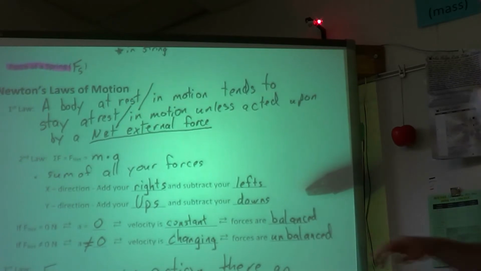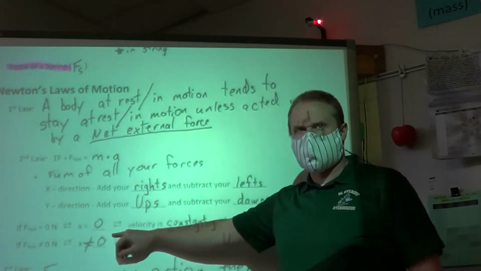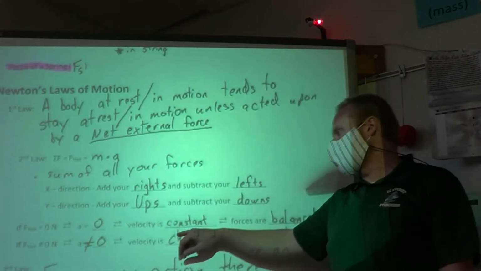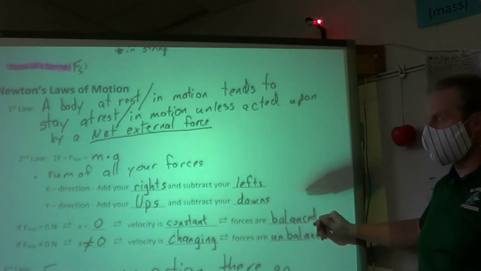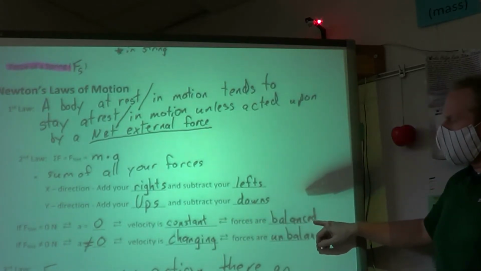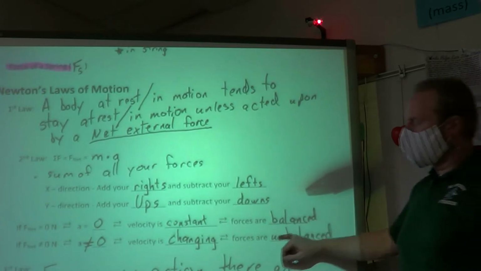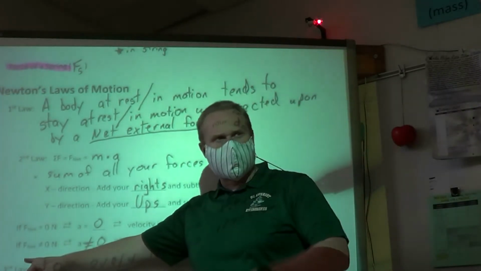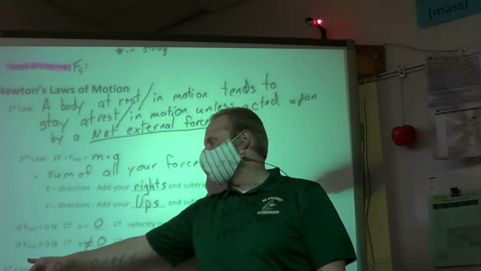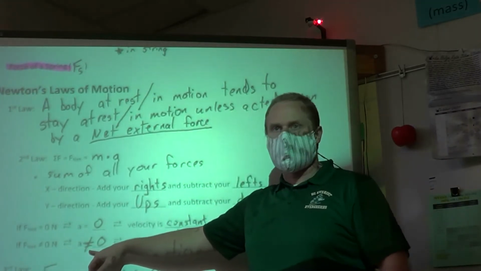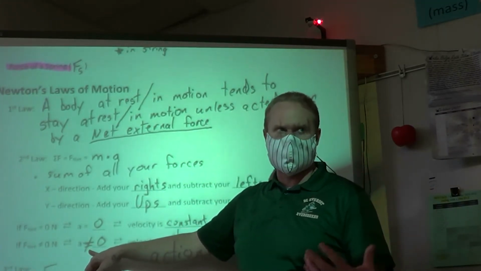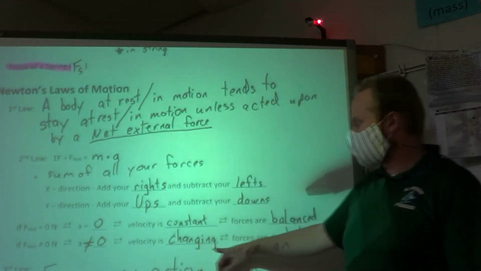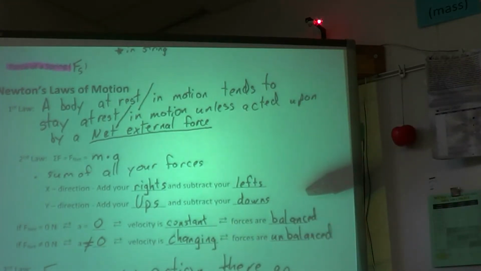So, if our F net is equal to 0, that means our acceleration is equal to 0, which means my velocity is constant and that my forces in all directions are going to be balanced. However, if my F net is not 0, that's not 0, then my acceleration is not 0. It has some value that's not 0, which means my velocity is going to change and my forces are unbalanced. And that's right what we were working on at the end of class on Wednesday,